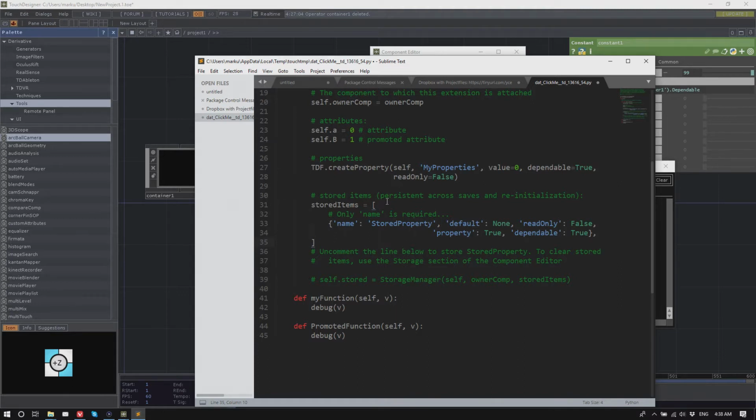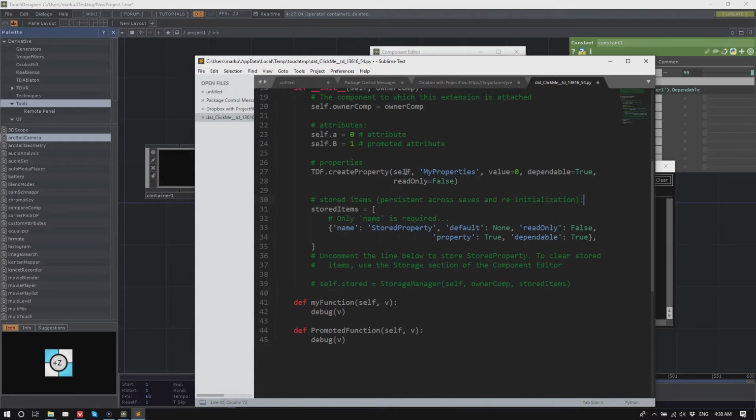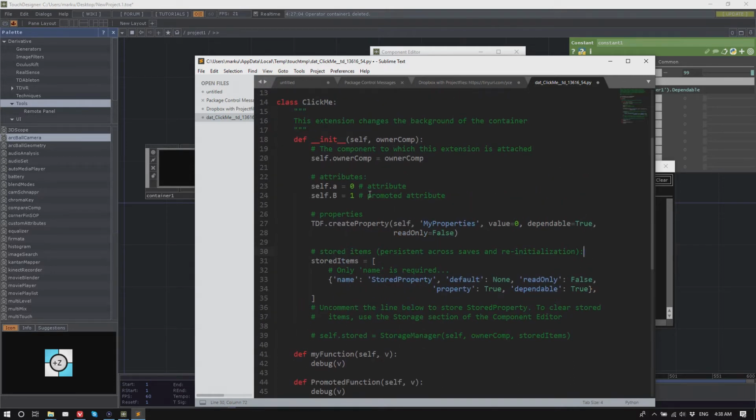And then the next thing, we have these stored items, and it says what it means basically. Those are persistent across saves and reinitializations. So your properties and attributes that you create here, when you restart Touch, are going to be set to the value that you give them here in the init function.